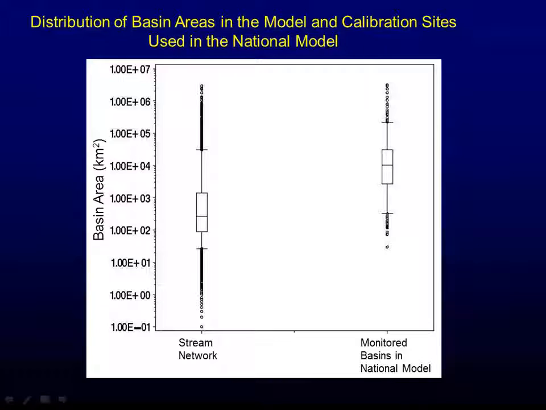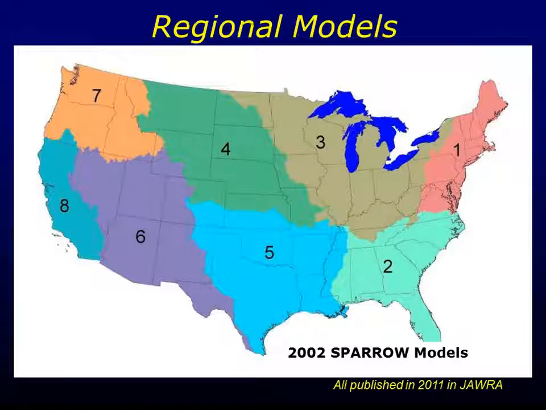In addition, if we look at the stream network that I showed you with those 62,000 locations, here's the breakdown of the basins that we end up with. So the Mississippi Basin is probably that one little point right there, the highest one. But we have a lot of really small basins. But if we looked at our calibration data points, they're up over here hovering around 10,000 square kilometers as a median, but our stream network is much smaller at about 500. So both of those are pushing that maybe we should come up with a regional scale model with more data points for calibration.